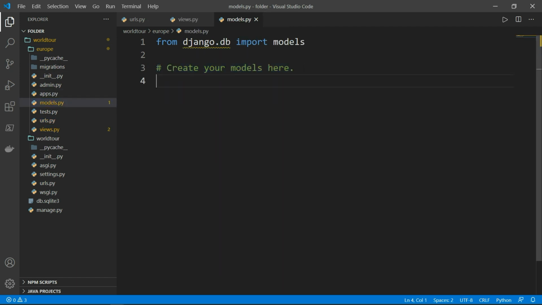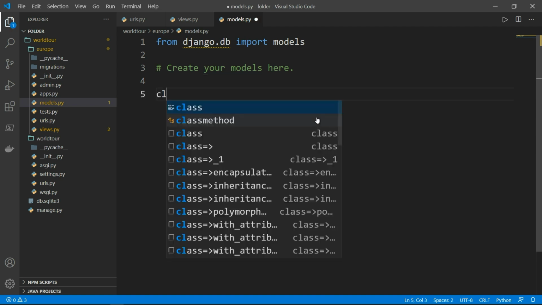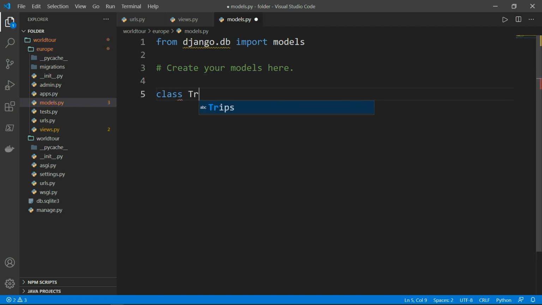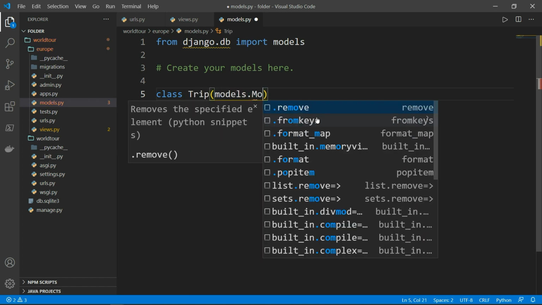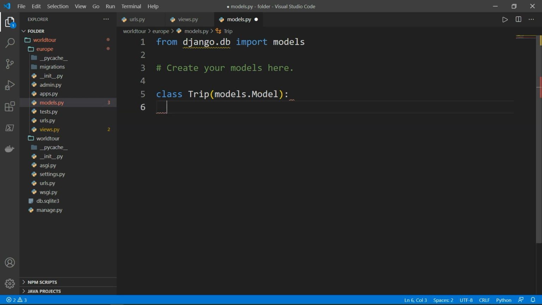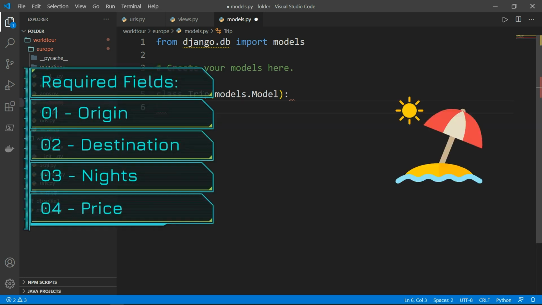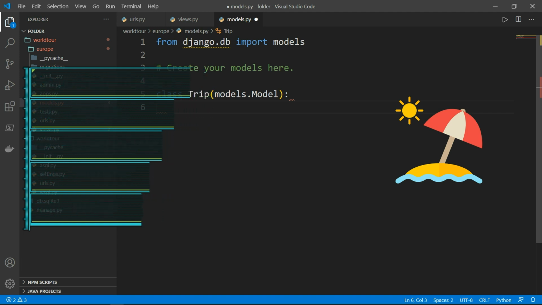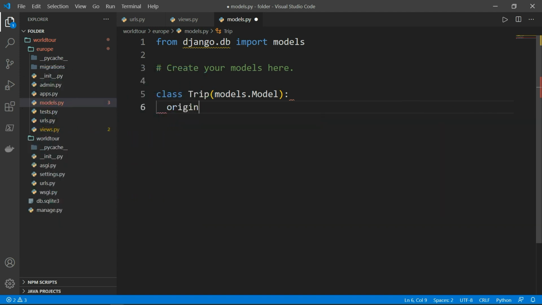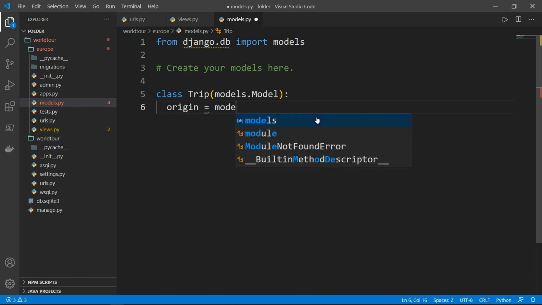So if we want to create a model that represents a Euro trip from one European country to the other, we might define a class, let's call it Trip. So let's create a class, we'll call that Trip. Inside here, models.Model. So we need an origin country, we need a destination, we need the number of nights, and we need the price for that trip. So we'll need an origin country, and this will be equal to